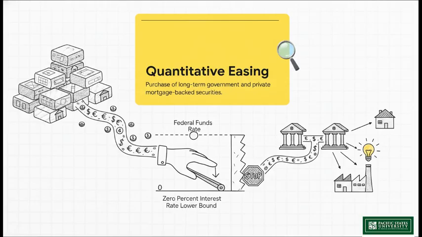By purchasing these financial assets, the Fed literally creates money out of thin air to pay for them, which pumps vast amounts of newly created cash directly into the financial system. This action clears out the clunky assets from bank balance sheets, replacing them with cold, hard cash. The goal here is to free up the banks, making credit widely available and cheap, which hopefully stimulates aggregate demand. It is a very powerful, heavy-handed way to shock the economy back to life when traditional, subtle interest rate levers have gone as far as they can go.